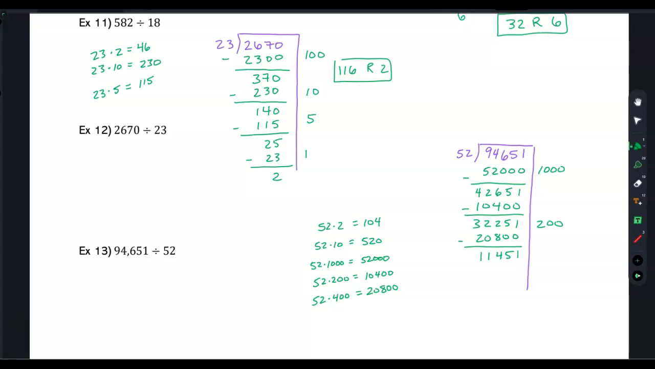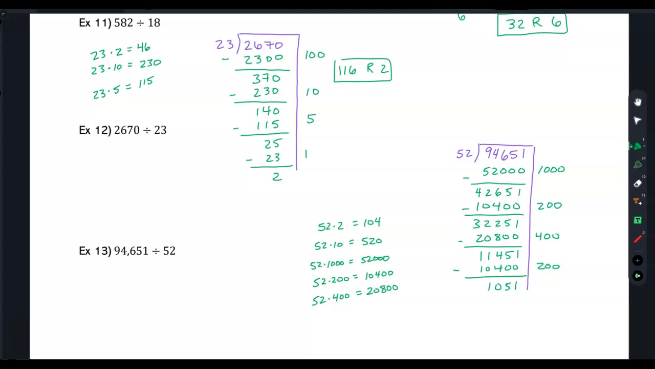All right, so I'm getting 11,451, and that was subtracting, let's see, this 200 should go up here. Kind of didn't line that up well. So the 200 was the 10,400, and then this was subtracting another 400 times, right? Because 52 times 400 was that number. So let's see, I could do another 10,400. So that would be subtracting another 200. And let's see, that's going to be